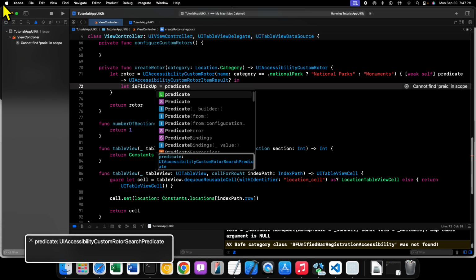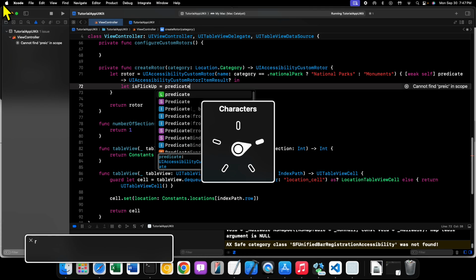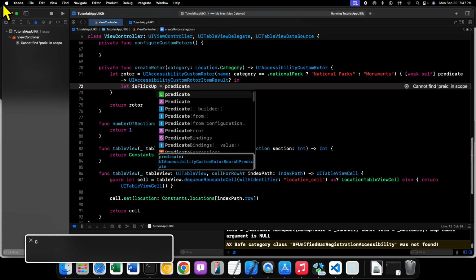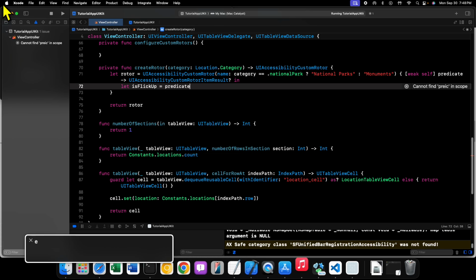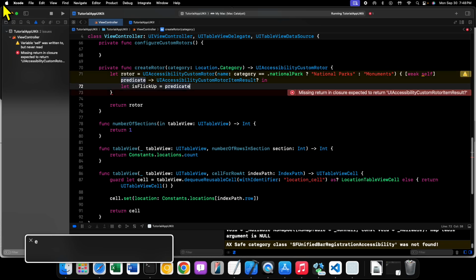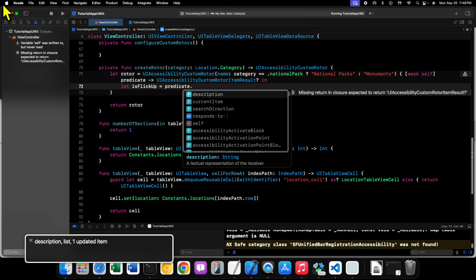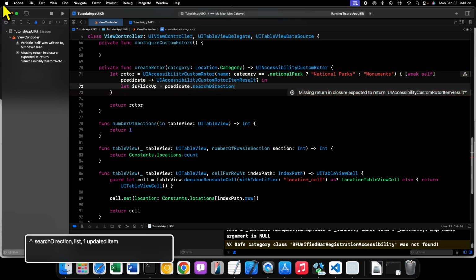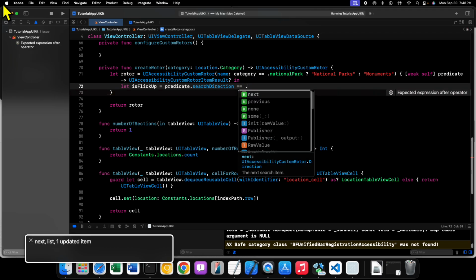Let's see, we want characters here. It is a UI accessibility custom rotor search predicate. Yep, I was correct in the type. So that's what that is. So what we want to get from our predicate is predicate dot searchDirection equals dot